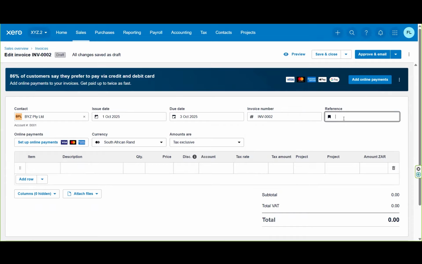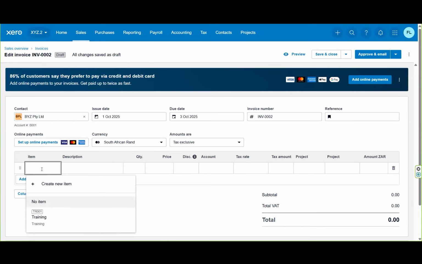Reference, we don't have to put anything in the reference. You can if you want to, but I'm going to keep this blank. I will show you where reference becomes more applicable when we are doing a repeating invoice, right? So now I've got to tell Xero, okay, what is it that I am selling or I am invoicing this